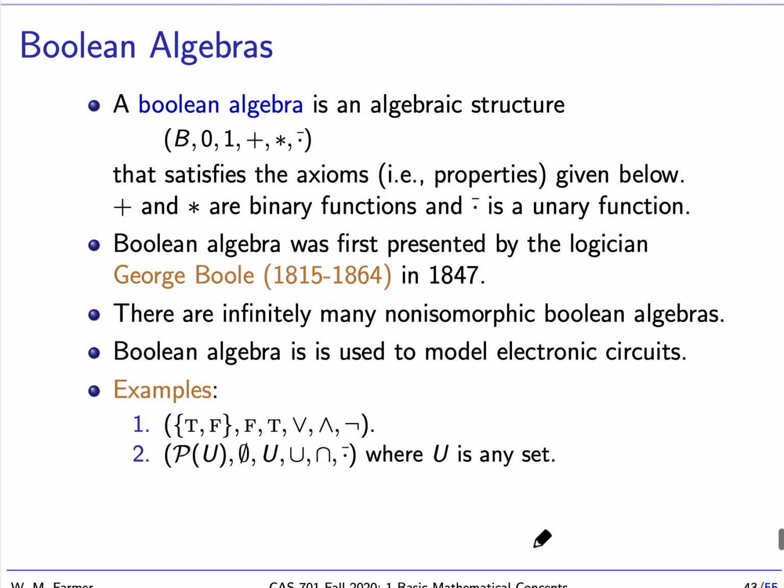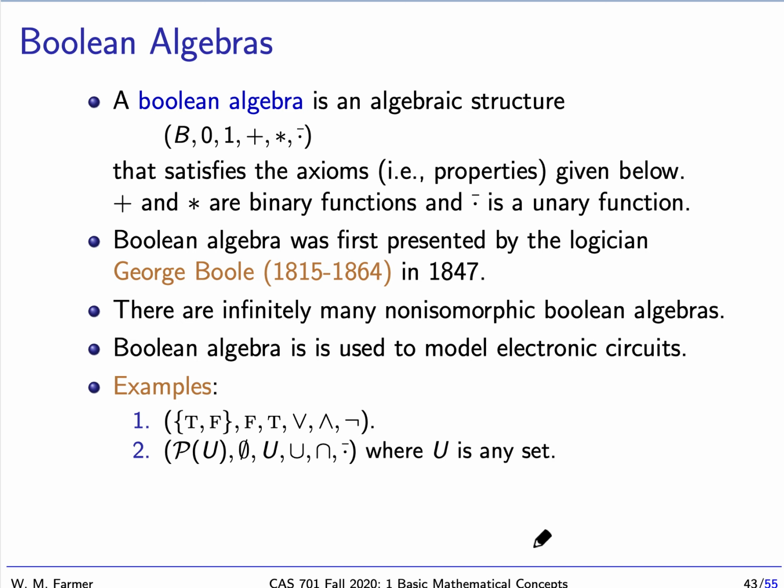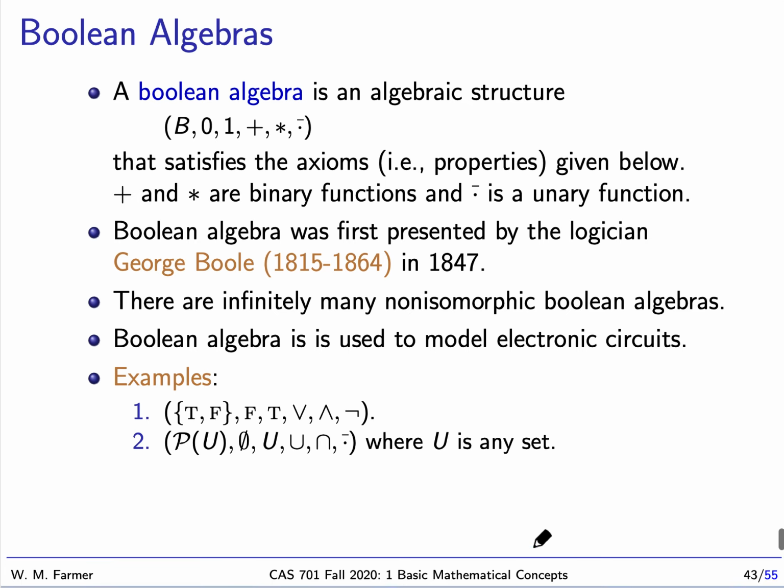Okay, so let's talk about a Boolean algebra. Like I said, this is an algebraic structure that's particularly important to computing. Notice we have a domain B, a 0, a 1, a plus and times, and we have a complement operation, which is unary. Plus and times are binary. And I'm going to give the axioms for Boolean algebra a little bit later, but we call Boolean algebras in honor of the great mathematician and logician George Boole,